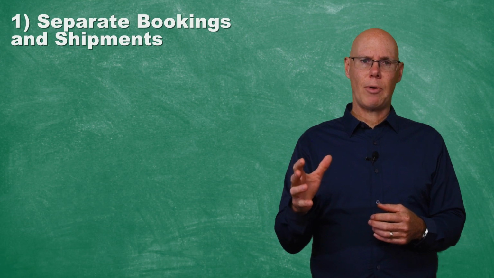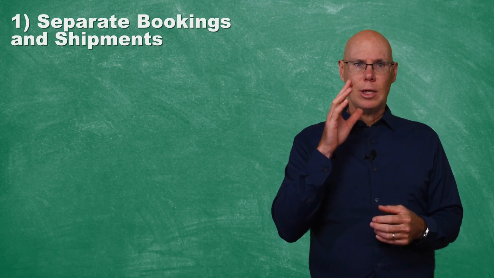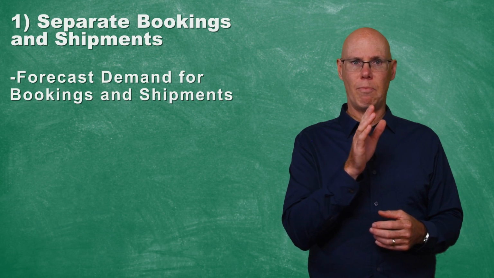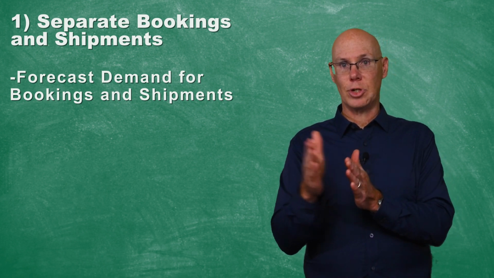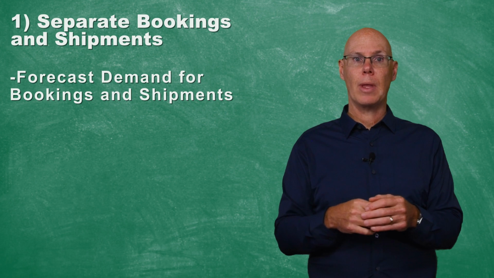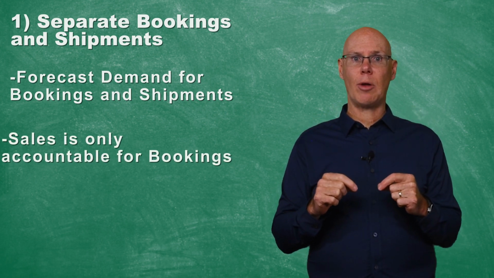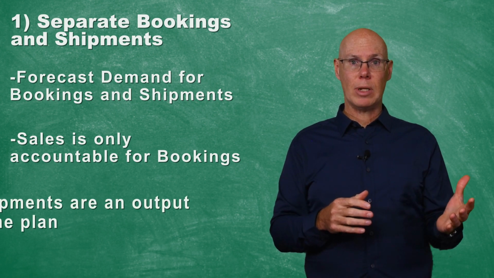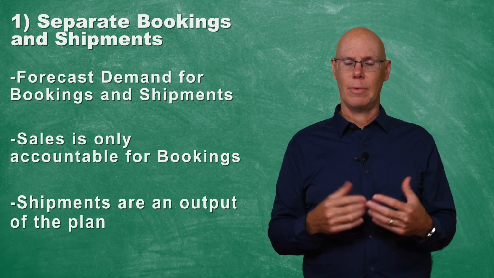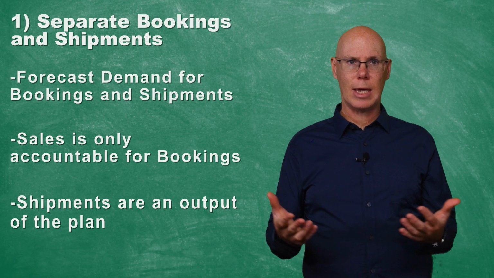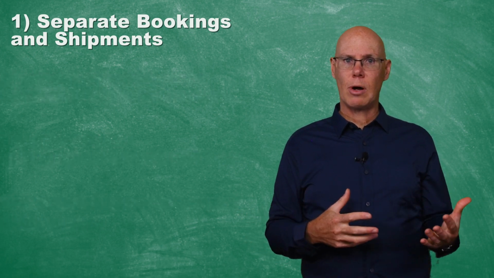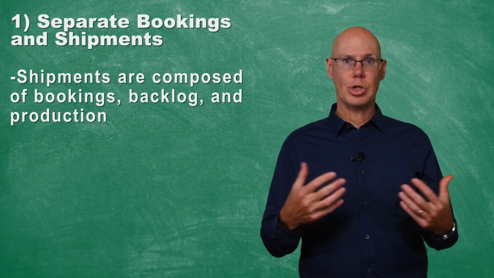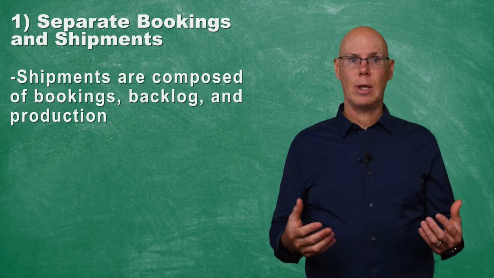So the first one, separating bookings and shipments. You need to forecast or plan the demand for both bookings, which is your order inflow, and for shipments, which is your order outflow. You can only hold sales accountable for one of these 2 metrics, and that's bookings. Shipments are an output of the plan. Basically, if you can't build it, you can't ship it. Shipments are a function of bookings and backlog, which is your open orders, and production. And